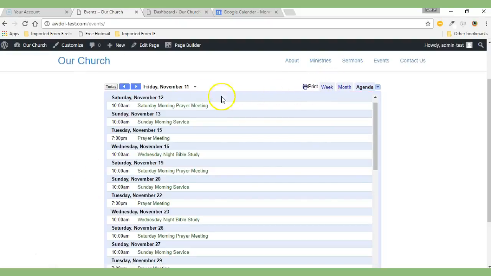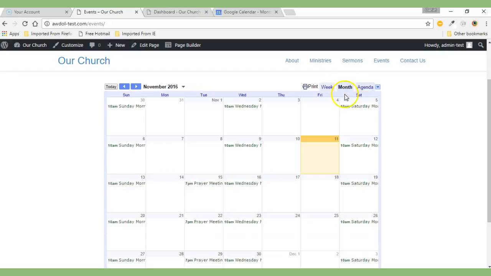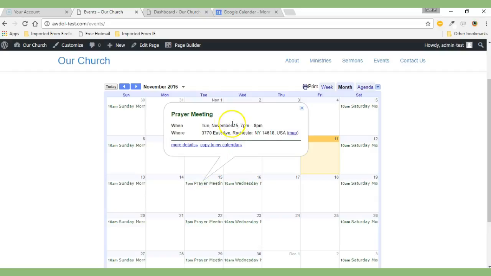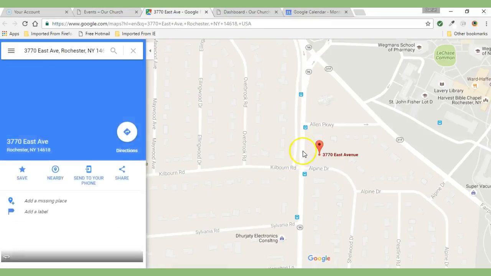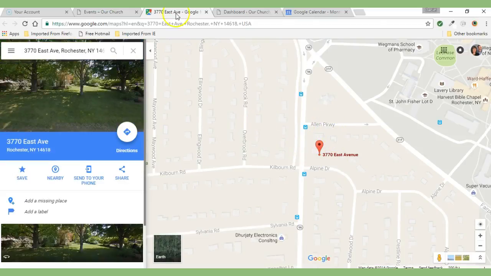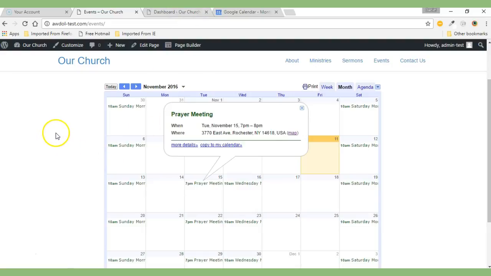And this comes up in the agenda view by default. But if I want to go back to the calendar view, I just click on that. And now we see the new event is here on the 15th and every week after that. And when I click on the event, I'll be able to see all the different information that I put on there. If I want to know where the event is, I click on the map. It shows me a Google map exactly where that location is, and in a new tab. And so that's how we make changes, how we add events